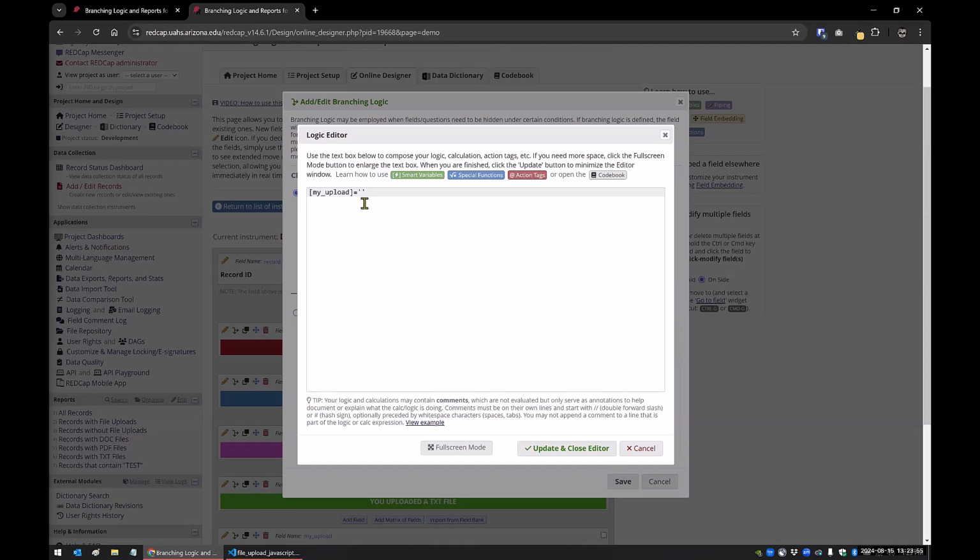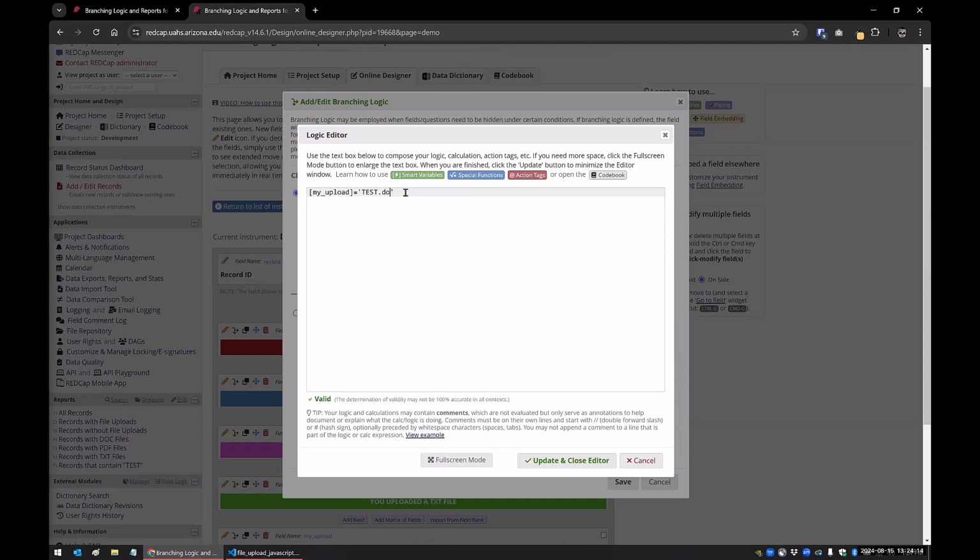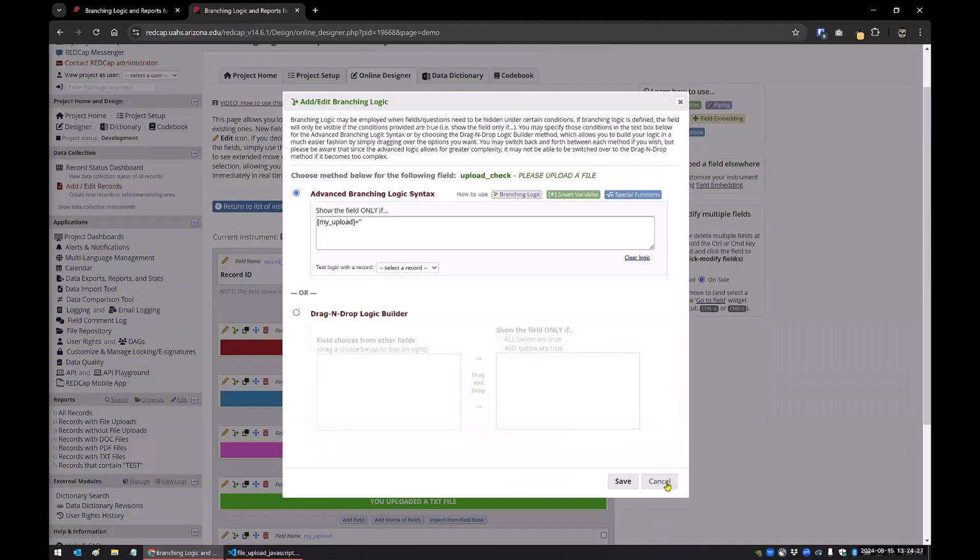So you can basically use that with branching logic, because if you don't have a file, that field will be blank, but if you do have a file, it's going to have that ID number. You wouldn't be able to do something like equals test.docx. You wouldn't be able to put the name, because that name is not being stored in the REDCap data table. It's being stored in the edocs table. So a way to get around that,